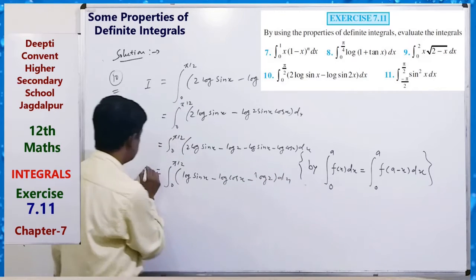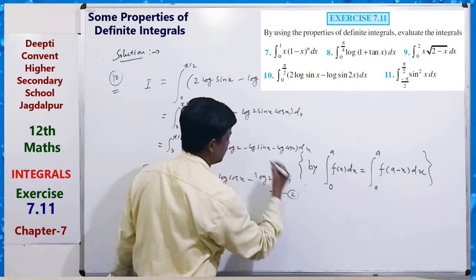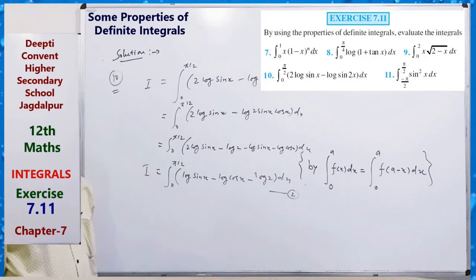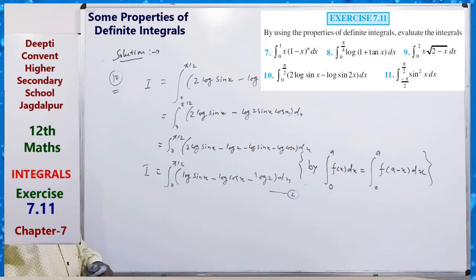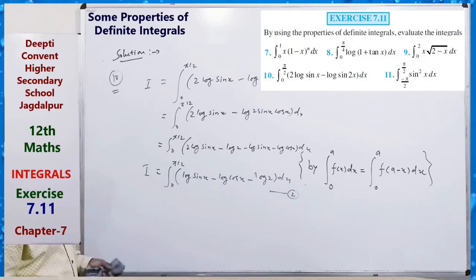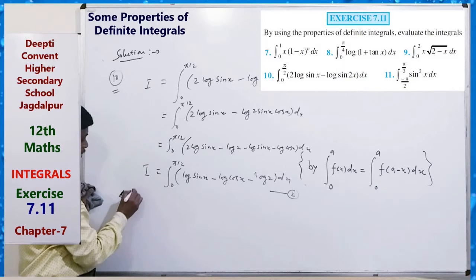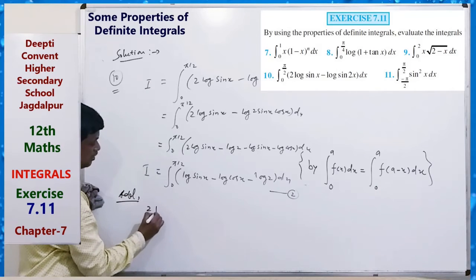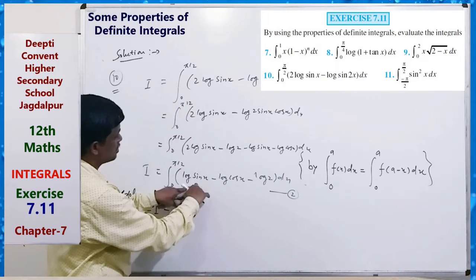Now this is I. So we have I equals to 1 here and I equals to 2 here. We are getting two values of I, so we can add these two. If we add these two, then we see that 2I equals the integral of log sin plus